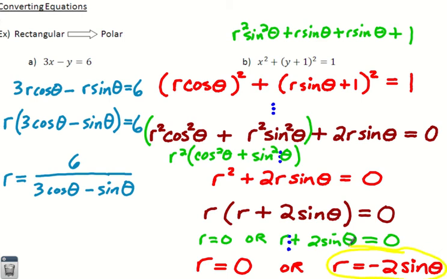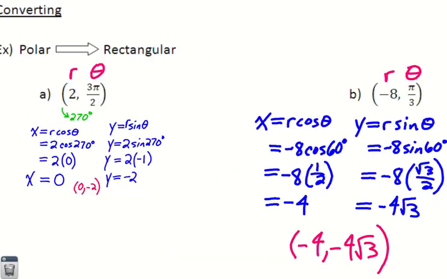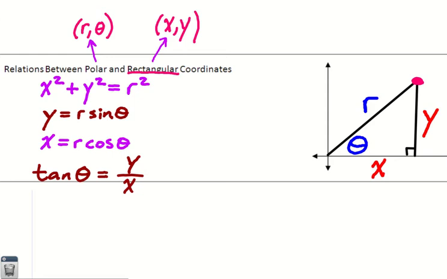That is really the bestest final answer, just that. R equals -2 times the sine of theta. Whoa, that was a doozy. So let's take a breath